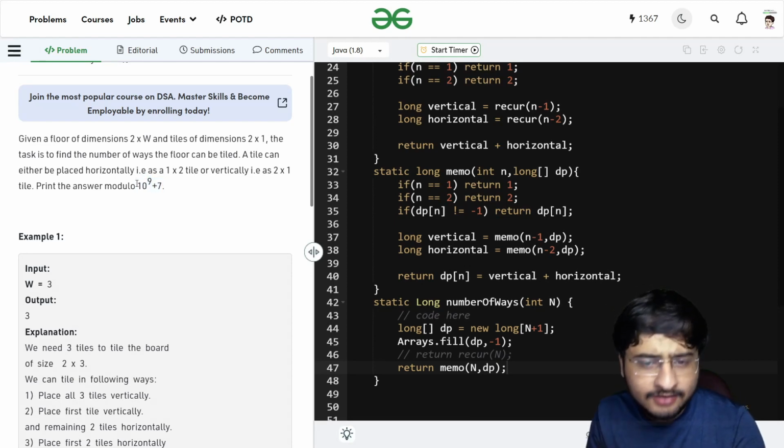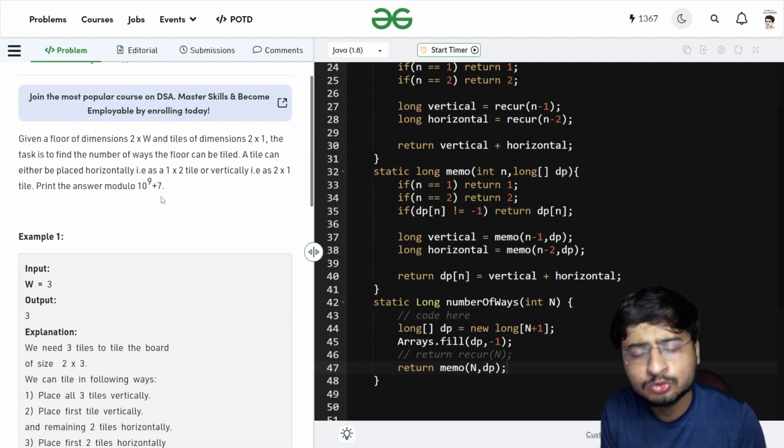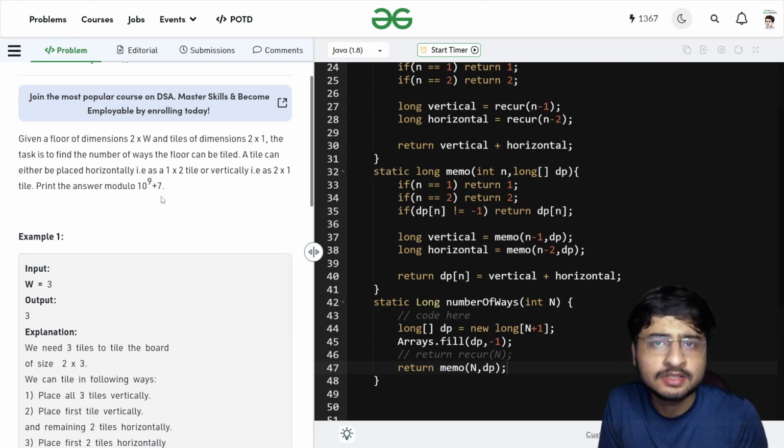value itself, right? If it is not clear, you can definitely ask me in the comments, or we can also make a video on this topic itself, 10 to the power 9 plus 7, if you want. But in short, it is used to get the integers back in range itself, because